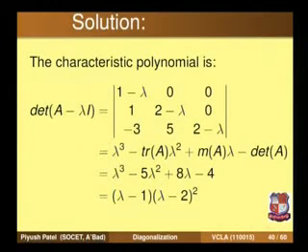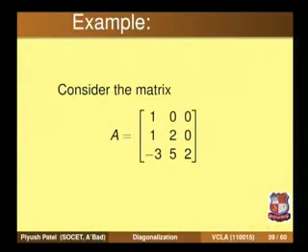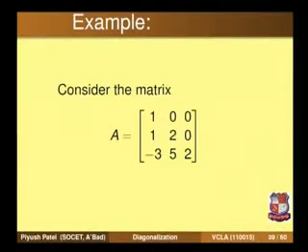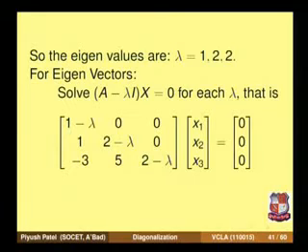By both ways you will get the same eigenvalues, but it is advisable to use the result that the eigenvalues of a triangular matrix are the entries on the main diagonal. So by looking at the matrix you can get to know that 1, 2 and 2 are the eigenvalues of the matrix. Now, having found the eigenvalues, we will find out the eigenvectors.